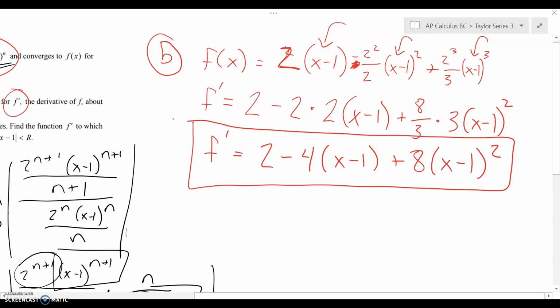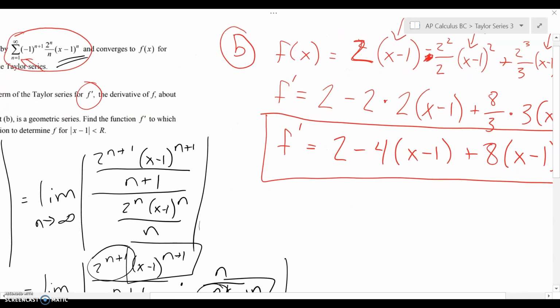They also want a general term. So if we look at general, I'll keep that circled equation in mind. If I'm going to take the general term of that thing, so I'm going to take a general derivative, the only thing that's getting altered is the x minus 1. The x minus 1 to the power, that's the thing. You're doing dx, so you're taking a derivative with respect to x. So everything else in that structure is going to remain the same, and we're just going to drop the power